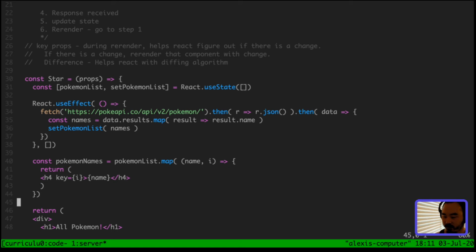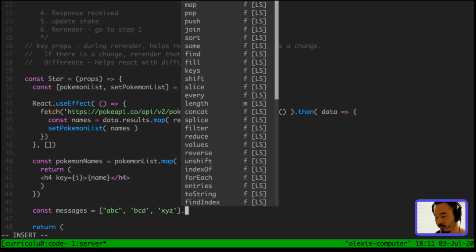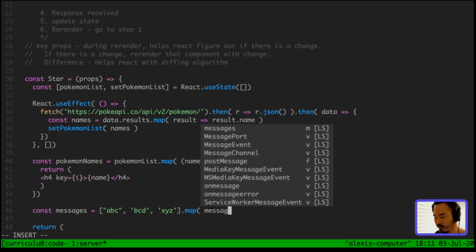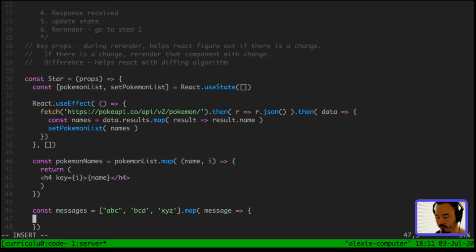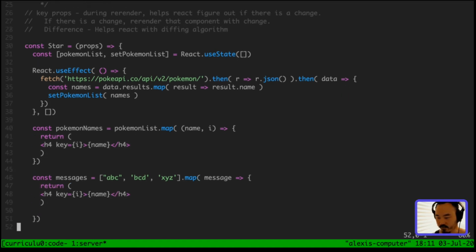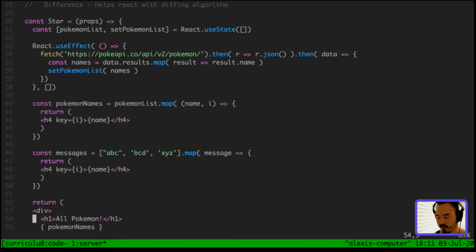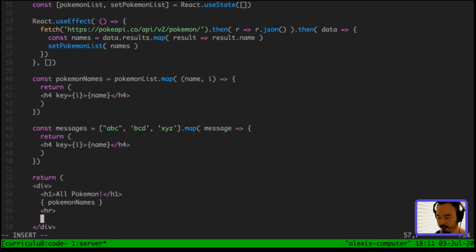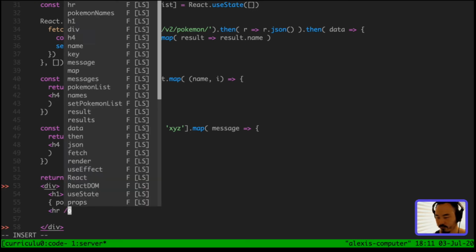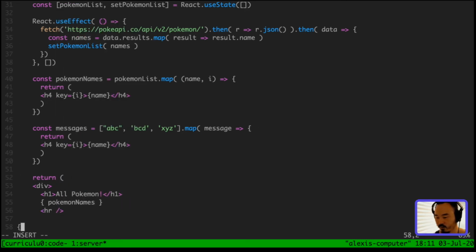But what if I have another array, like let's say const messages equals, I have a bunch of messages. ABC is a cool message, BCD is another message, and then XYZ. If I have another array of messages, map. And now I also want to return h4. Since I'm returning an array of components and I want to display it, so the question is,